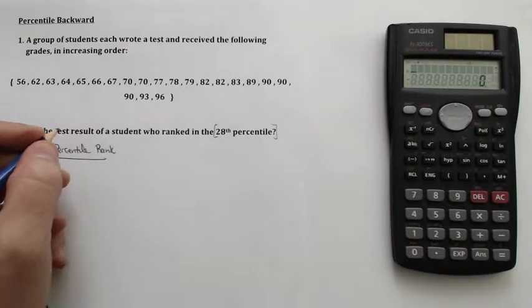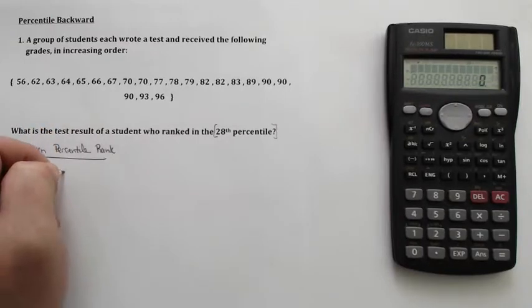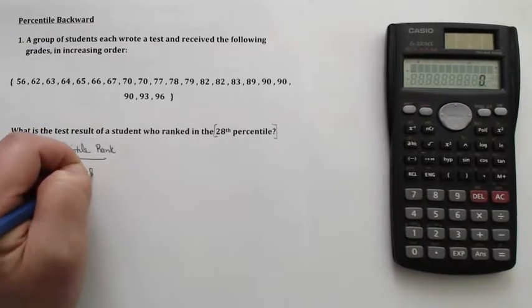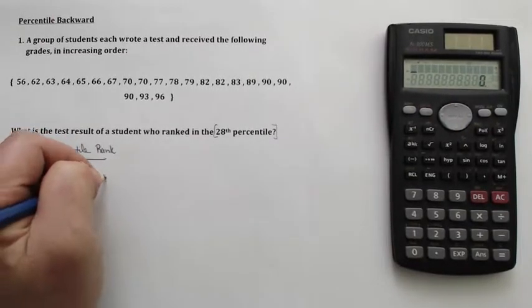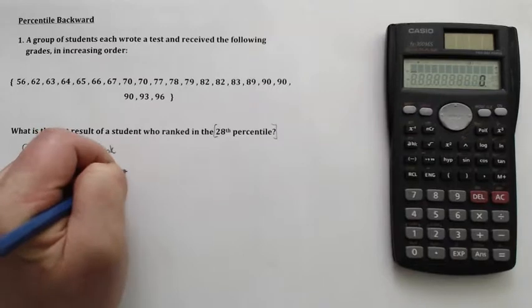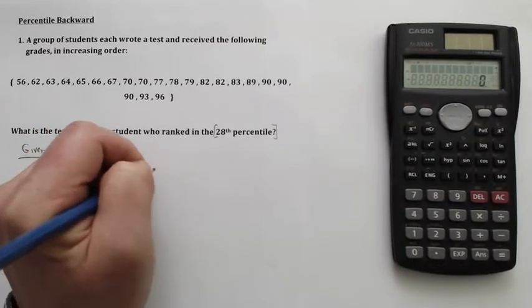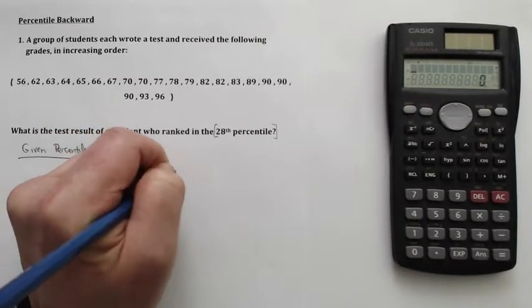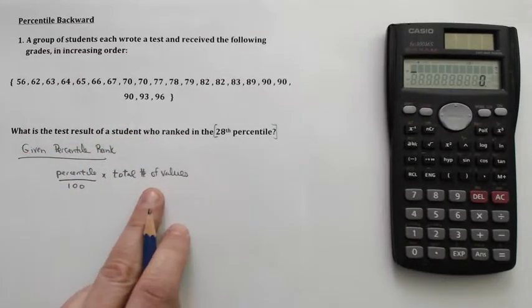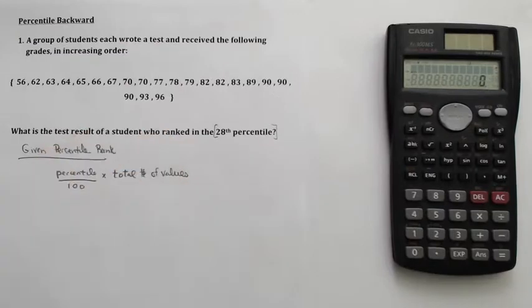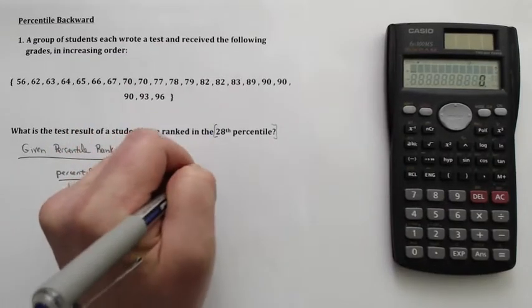We're going to take the percentile, we're going to divide it by 100 to change it back into a decimal. We're going to multiply that by the total number of values there are in a set. And then we're always going to, and I mean always, going to round